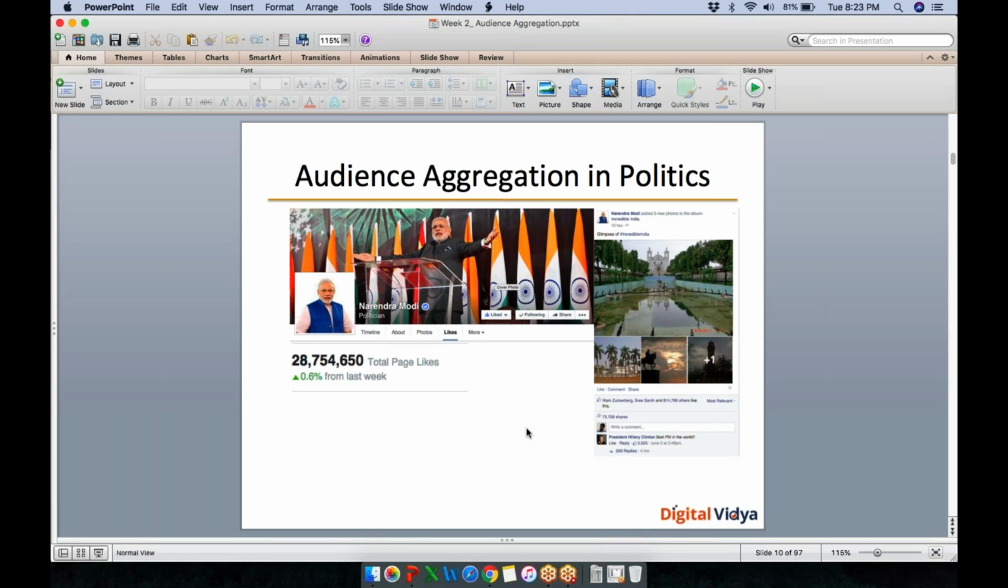Can you post on Narendra Modi's page? You cannot. You can only comment on his post. Yeah? Yes? No? Can you speak in Man Ki Baat? You can only listen to that. So